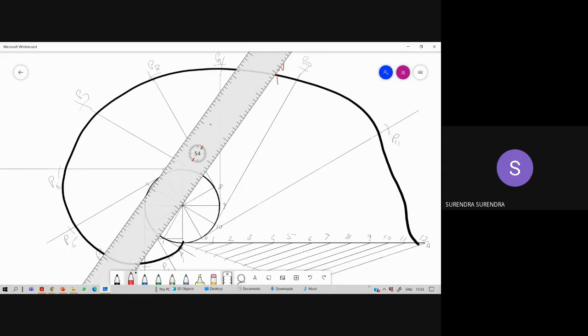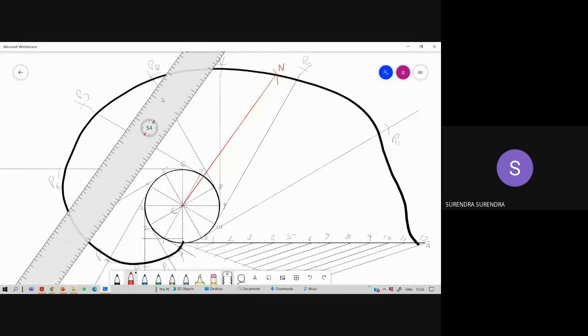Now, mark the midpoint of this NC. After joining NC, mark the midpoint of NC. So midpoint of NC means at 50 mm. By taking the perpendicular bisector or simply by using scale, you can mark. But because it is a direct point, at 50 mm from C or N, we'll get a midpoint. So with this midpoint, and 50 mm radius, draw a semicircle joining C and N.